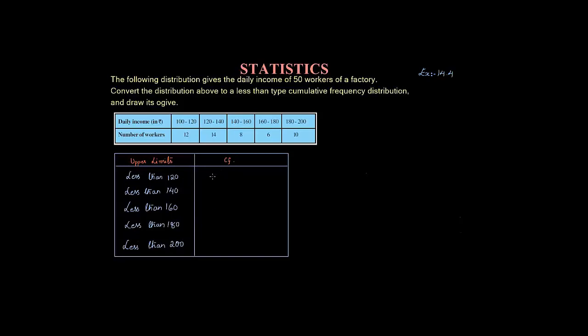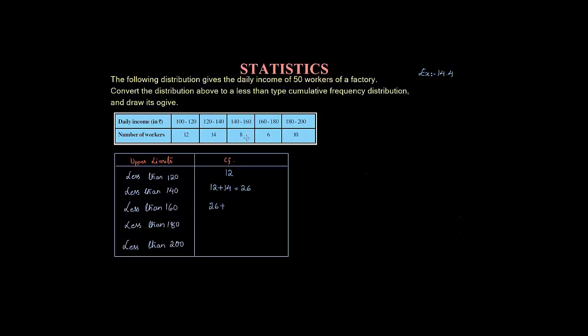Then how to find the cumulative frequency? We have already discussed how to find that. The first cumulative frequency and the normal frequency will be the same, so it is nothing but 12. Now for the second one, you need to keep on adding. So the first one is 12. Then add 14 to that. So how much will it be? 12 plus 14, it is 26. Then write 26 here